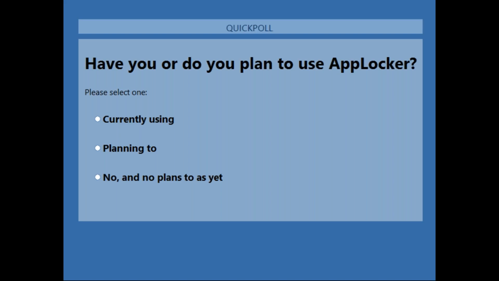See, I told you that's about how it would come out. You're right. I'll be honest, I'm stunned at how many are actually currently using it, 14%. I do like Webster's comment there of need a fourth option of what the hell is AppLocker?